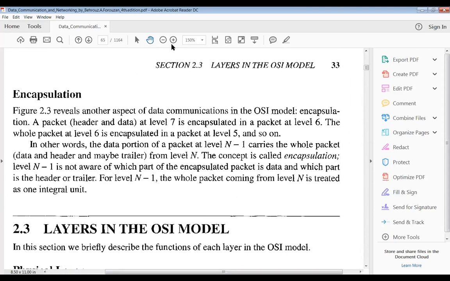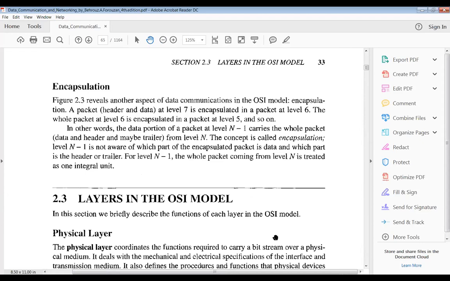Next one is encapsulation. Can anyone say what is meant by encapsulation here? What is the general meaning of encapsulation? I think in OOPS you have that encapsulation concept, right? What is that encapsulation? Can anyone say? Combining many groups into a single entity. See, I forgot about OOPS concepts, you have to remind me. Wrapping up of your data in one single class, that also we can consider as encapsulation, right?